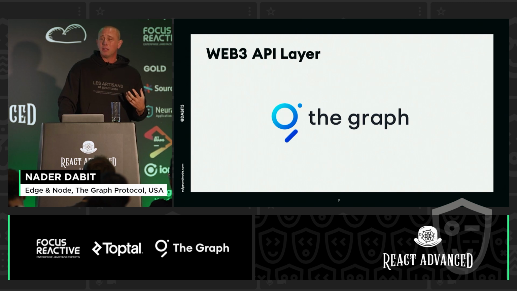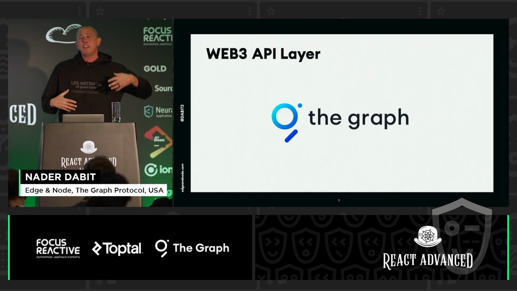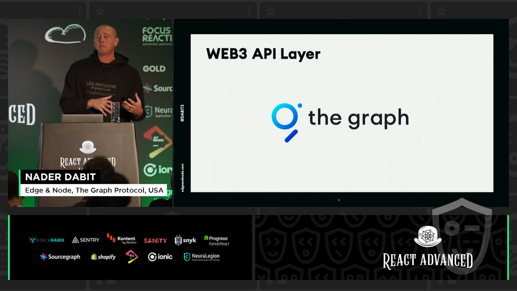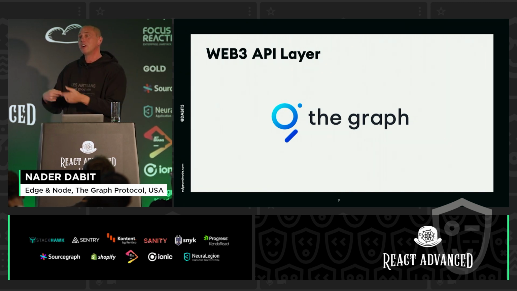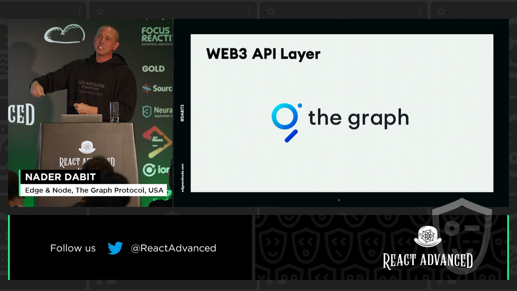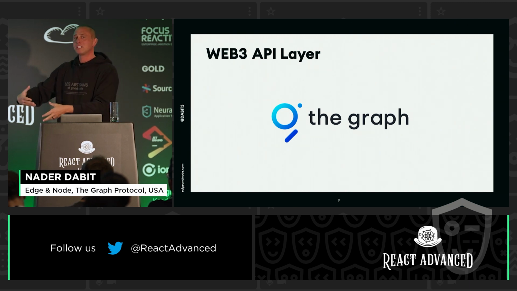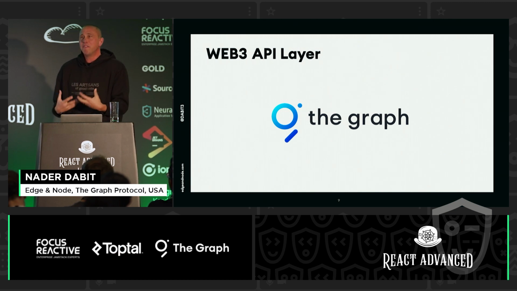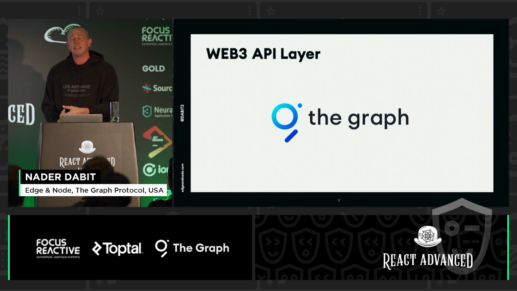So the Graph protocol is what I work with at Edge and Node. When you think of a typical database, it's optimized for indexing and querying. Blockchains are not optimized for querying. They're only optimized for indexing. All right, they're not really even optimized for indexing. They're only optimized for transactions, for saving data. So blockchain data is saved in these blocks over the course of days, weeks, months, years, whatever. And the focus is to have the most transactions per second, the lowest latency, and the least expensive